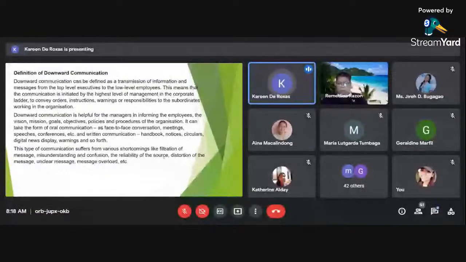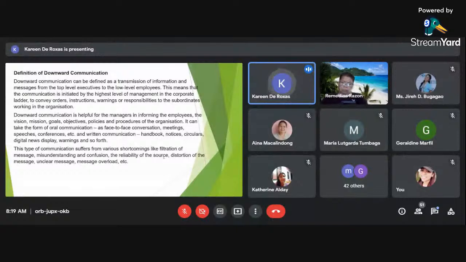So ito naman, kabaliktaran naman ng upward. Ito naman ay nagmumula sa top, sisimula sa level taas. Parang maganda to. It is very helpful to us kasi nagigain tayo from, halimbawa sa ating principal, binibigyan tayo ng idea or nagiging clear sa atin yung mga vision, mission, goals, and objectives of the organization.